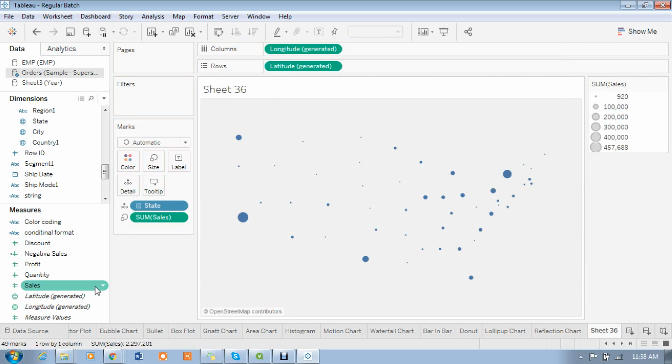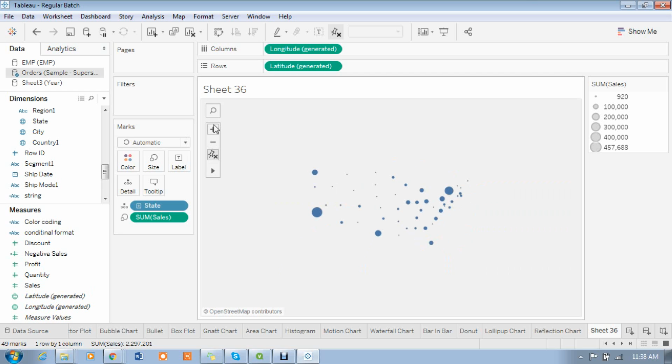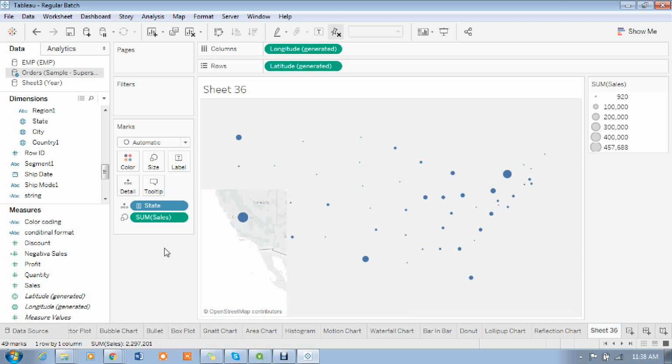It will take time to load this one. Takes some time actually sometimes. Map can take time. Loading takes some time. Here also the bubble size is based on the value only. The bubble size, sum of sales wise. Again it takes some more time.